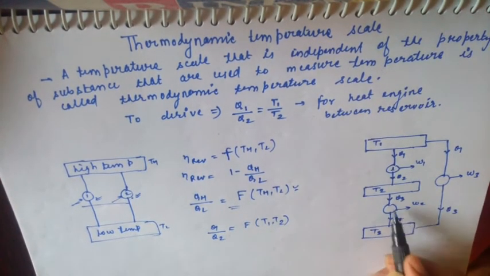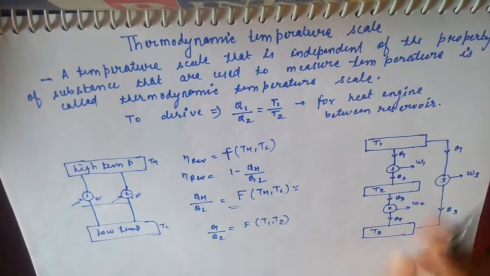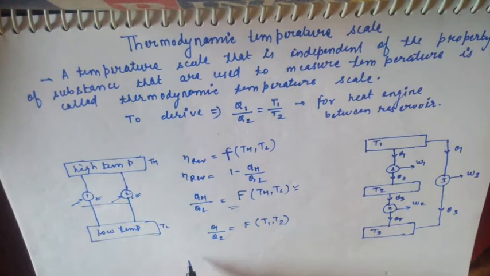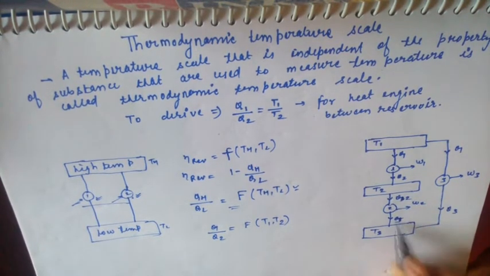This is first, this is second, and this is third. Also we can write for the second heat engine, sorry, here it will be Q2 and here it will be Q3,